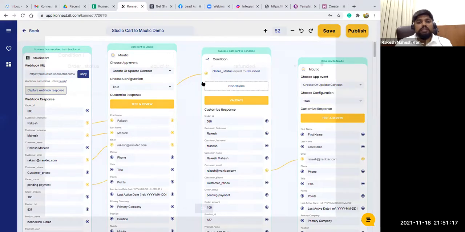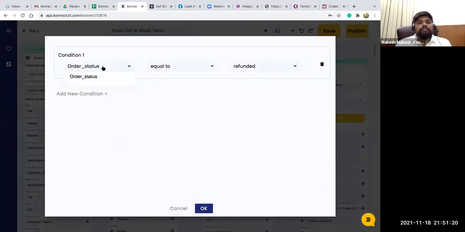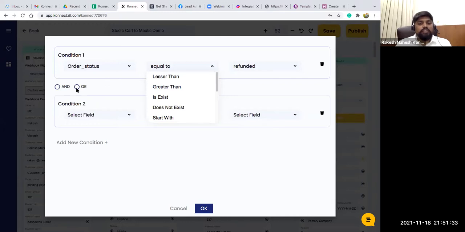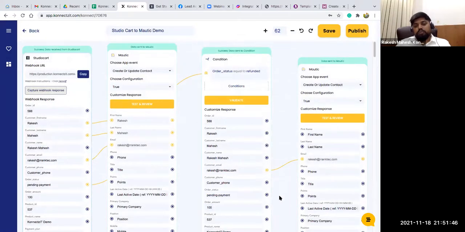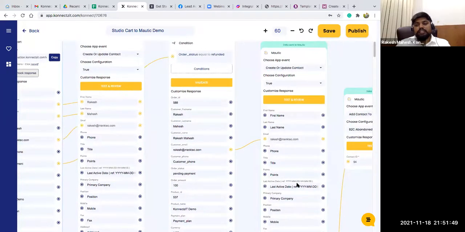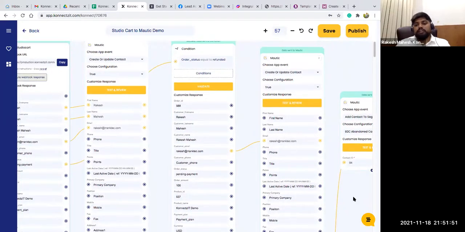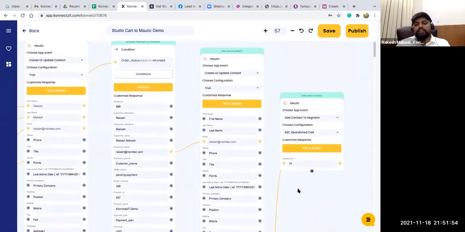So in the condition, I can check the order status and I can see all these options. Basically I'm selecting whether it is equal to refunded. So whenever there is a refund, I can even add multiple conditions as well, with and or options. So you can select different types of conditions. If you have multiple conditions, you can do this. So I just selected order status. If it is refunded, what I'm doing is selecting the record and adding it to a different segment.